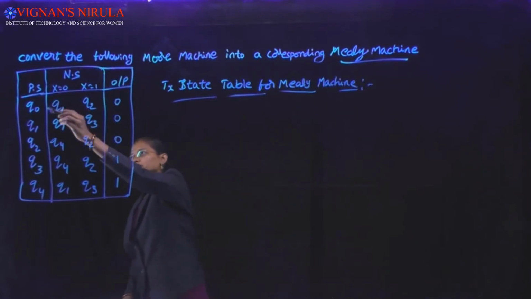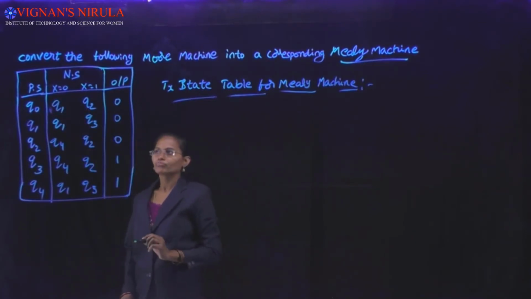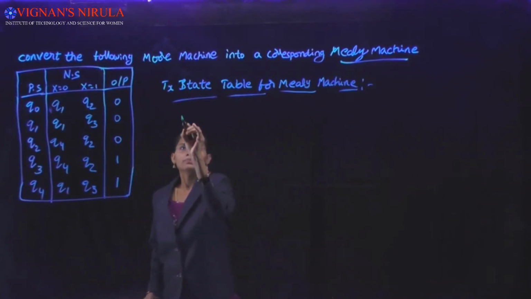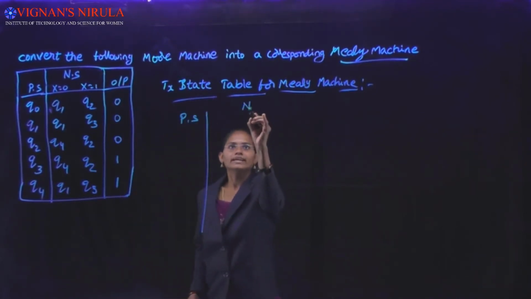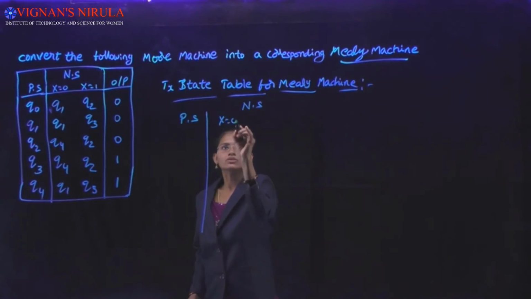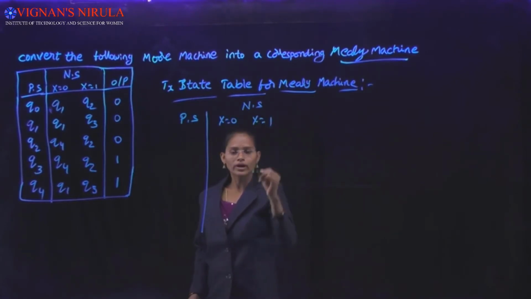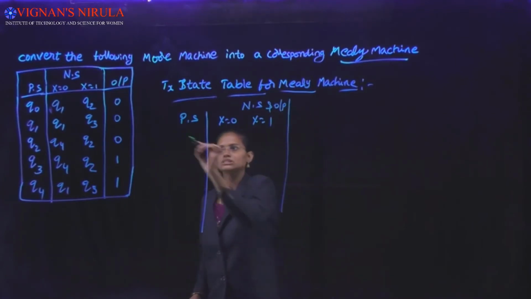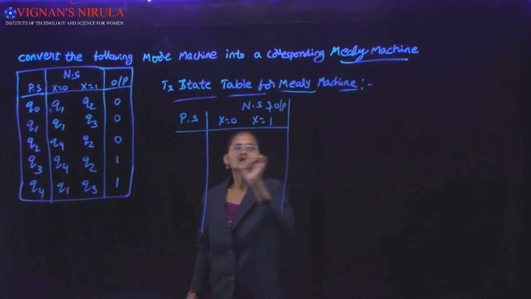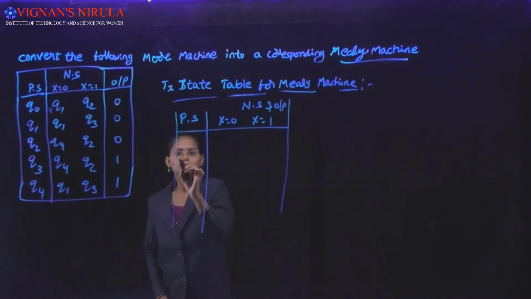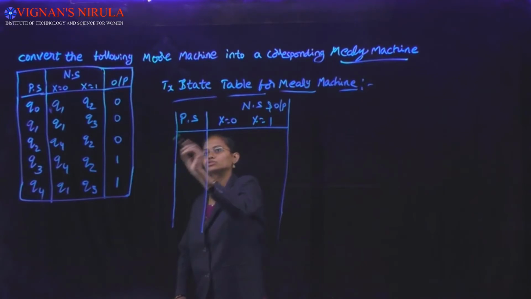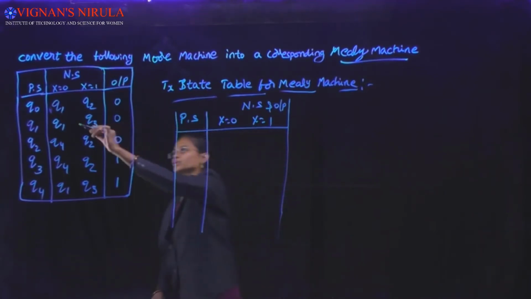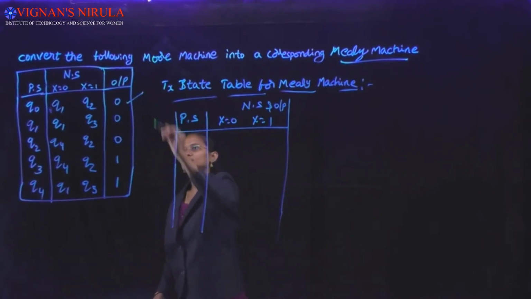Here the present state, and next state if x equal to 0 and x equal to 1, and outputs also. This is the Mealy state table, transition table. Here the present state is Q0. First consider this one,